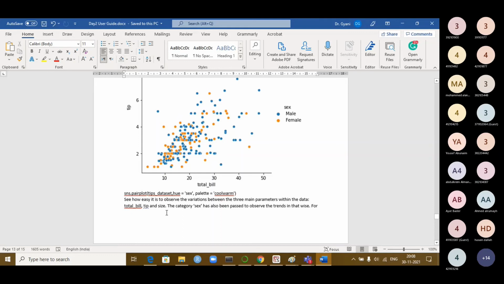How do I analyze? There is a concept called a pair plot. Two variables will be grouped together and the plots will be drawn automatically. That is the use of pair plots. I have three variables, but between any two variables I want to find out the relation.